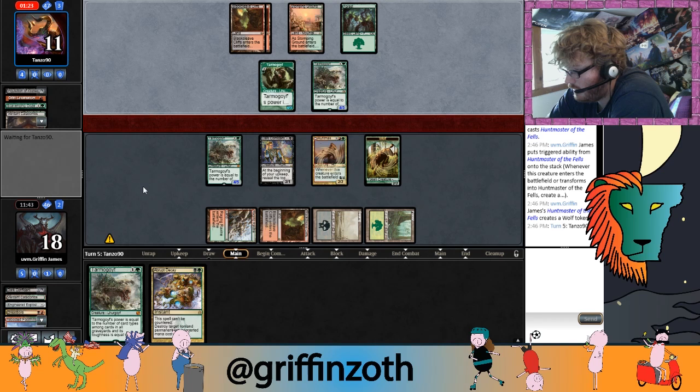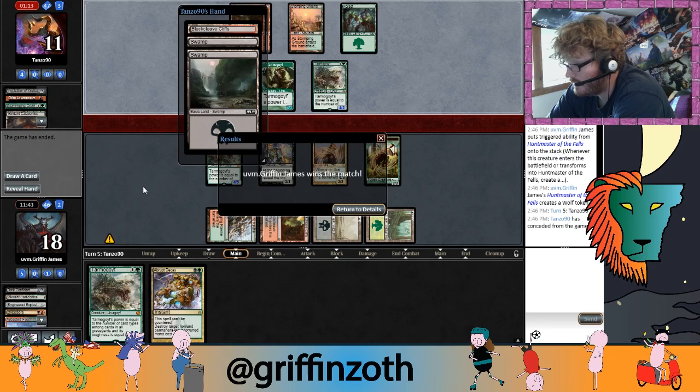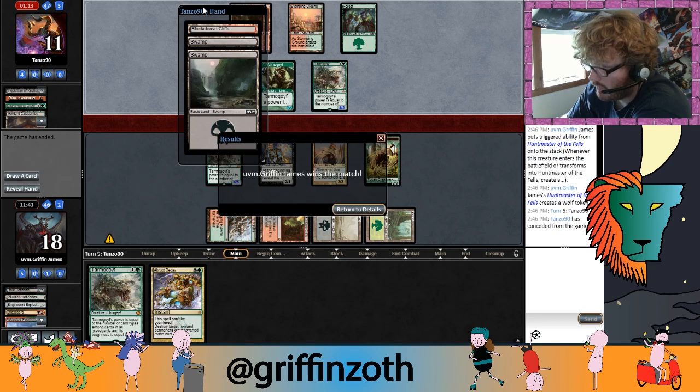Like, they really want to kill our Bob. And they're running out of time. They've conceded. Okay. Well, their hand was 3 lands. You were dead for a lot of reasons, though, friend. So,